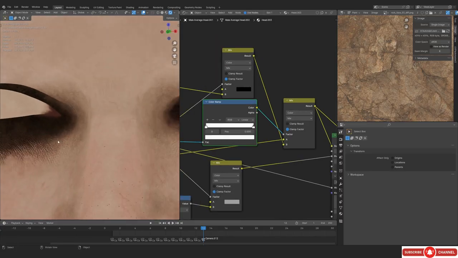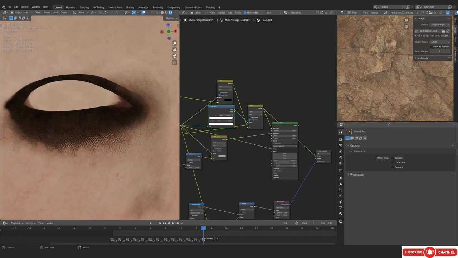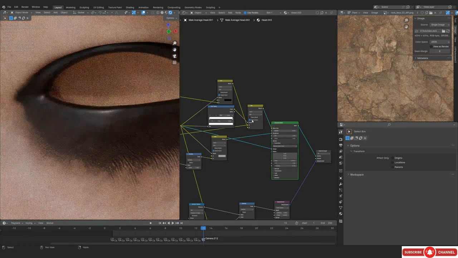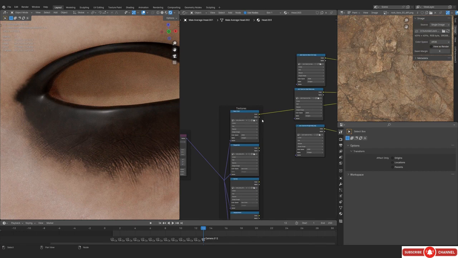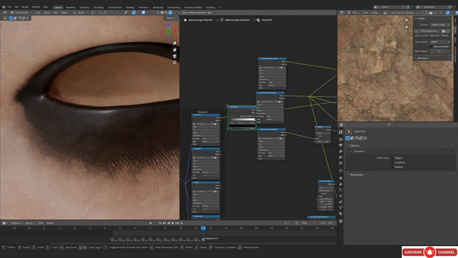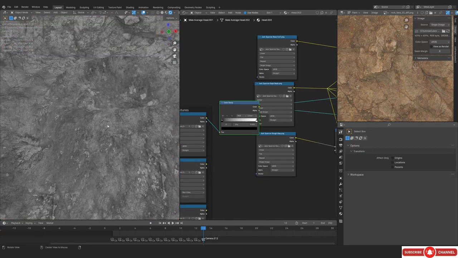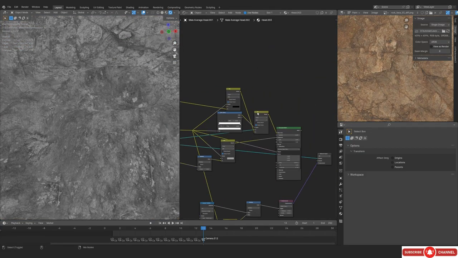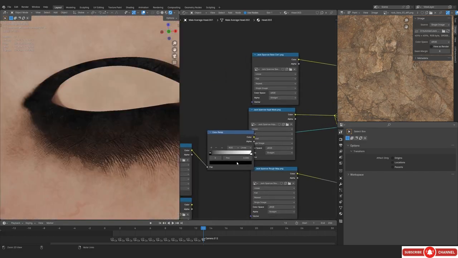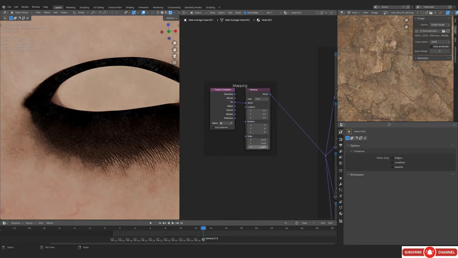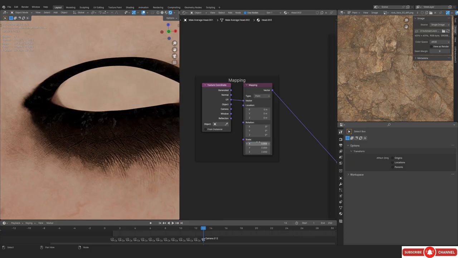So you can see that I am just using a color ramp in the factor, and I'm increasing the value of the black so that we can actually see more black in the color. I really hope that this node setup actually makes sense. So now we have this, we can play with the contrast of it a little bit so that we can get a little bit more contrast in the details. So I'm just increasing it, and you can see that we are getting more contrast in the color, and that's what the idea is behind the base.